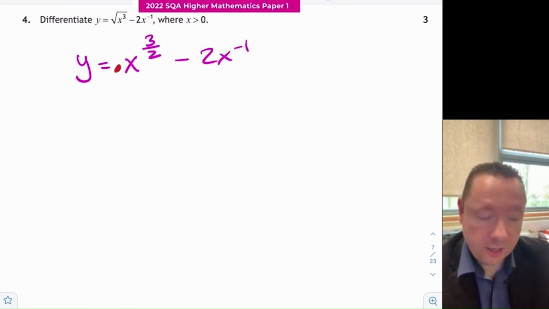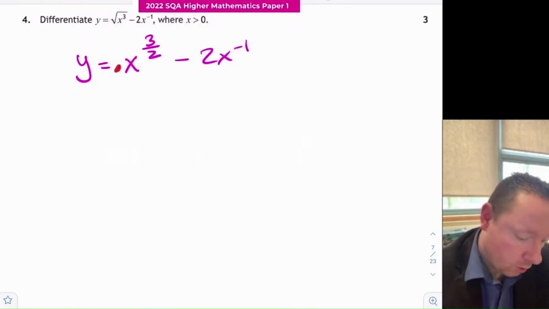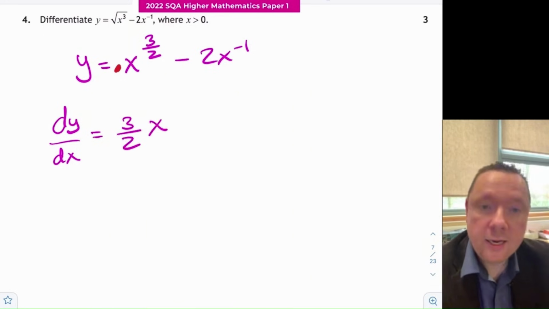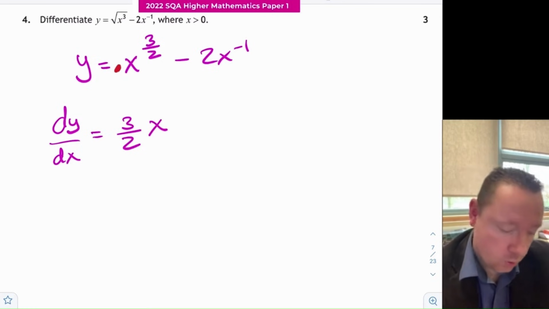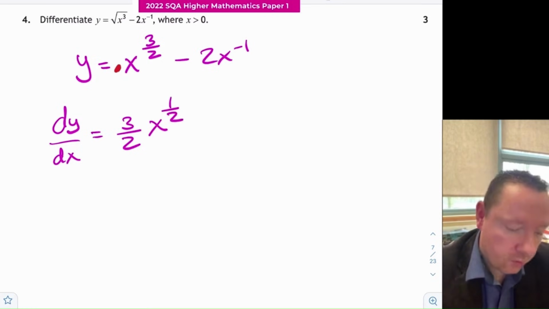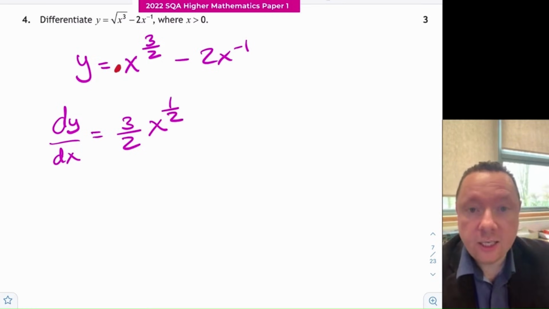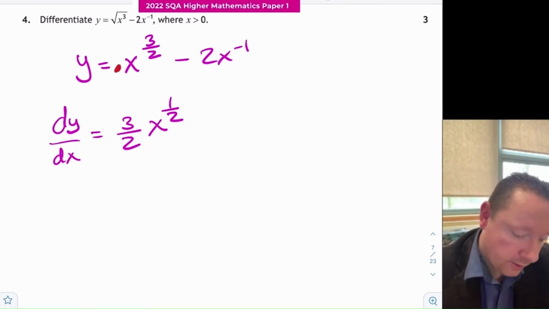We now need to differentiate our terms. So our first mark is for differentiating our first term, which is 3 over 2 x. Take away 1 from 3/2, and that's 1/2. There's a mark there. And then differentiating our second term, minus times a minus is a plus, so it's plus